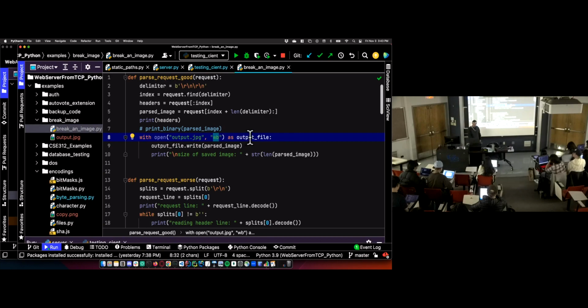It's bytes. And then write all the bytes from the image. Parsed image would be the image that you read and extracted from the multi-part request. That part, that's what the objective is all about. Get those bytes, save them to a file. And then in the database, you would save just the file name, and